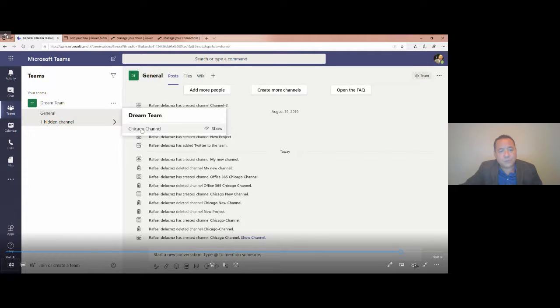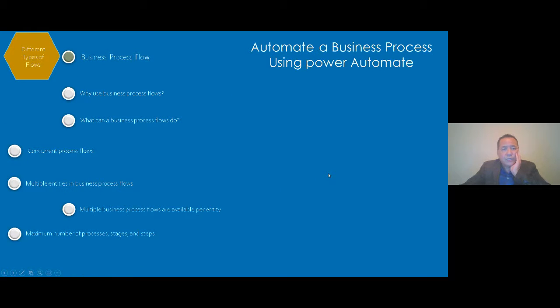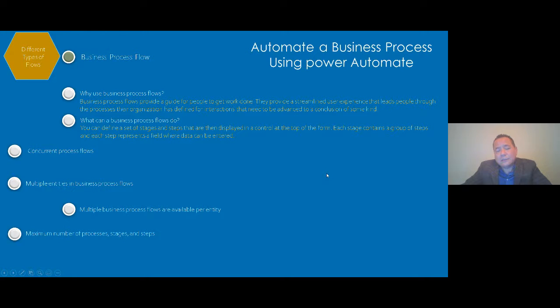Now, let me go back to the presentation. What I was telling you is that when I go to a presentation, I always expect to learn something. And if I learn at least one item, something that I didn't know, then I'm fine, right? In my case, when I'm presenting, I hope that in the audience, everyone can learn one thing or clarify one thing. If I can accomplish that, then I feel that I did my job. Remember that I'm not a consultant. I'm not selling anything. I'm just doing this because I like it.